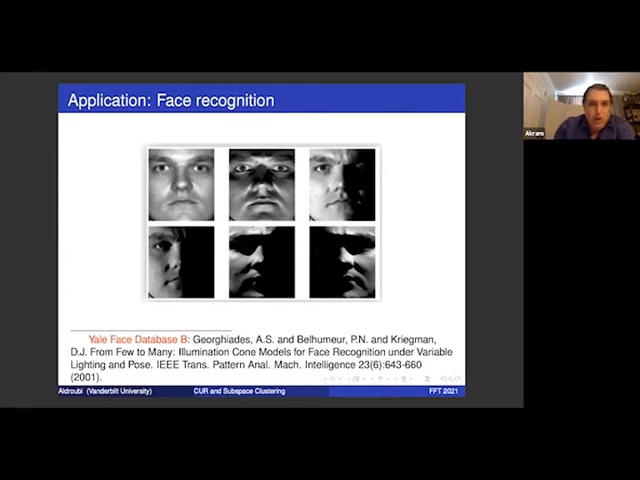So before I go on, is there any question about the problem of subspace clustering? Okay, if there are none, I will continue. So the next thing I would like to introduce is